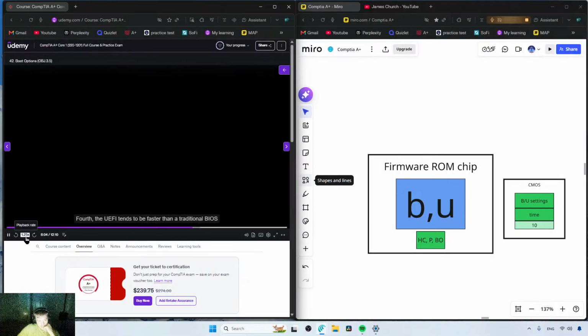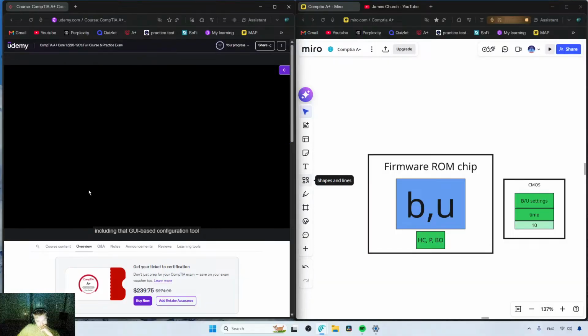tends to be faster than a traditional BIOS in terms of booting up a system, so this is another increased benefit for us. And fifth, the UEFI usually uses a larger size ROM than a traditional BIOS, and so it can actually support more complicated programs, including that GUI-based configuration tool